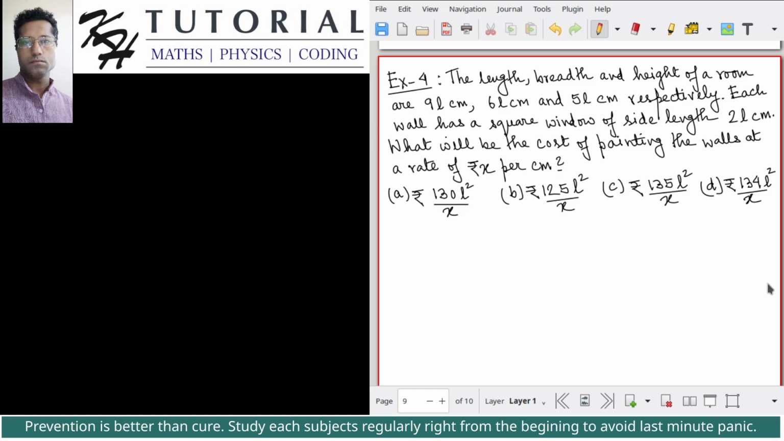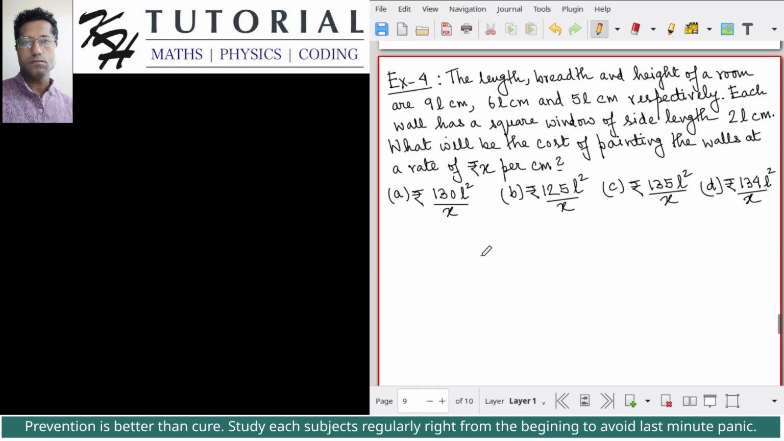Okay. The length, breadth and height of the room are given as 9L centimeter, 6L centimeter and 5L centimeter respectively. So the length is 9L centimeter, breadth is 6L centimeter and the height is 5L centimeter. And each of the 4 walls has a square window of side length 2L centimeter. So if I consider a particular wall,